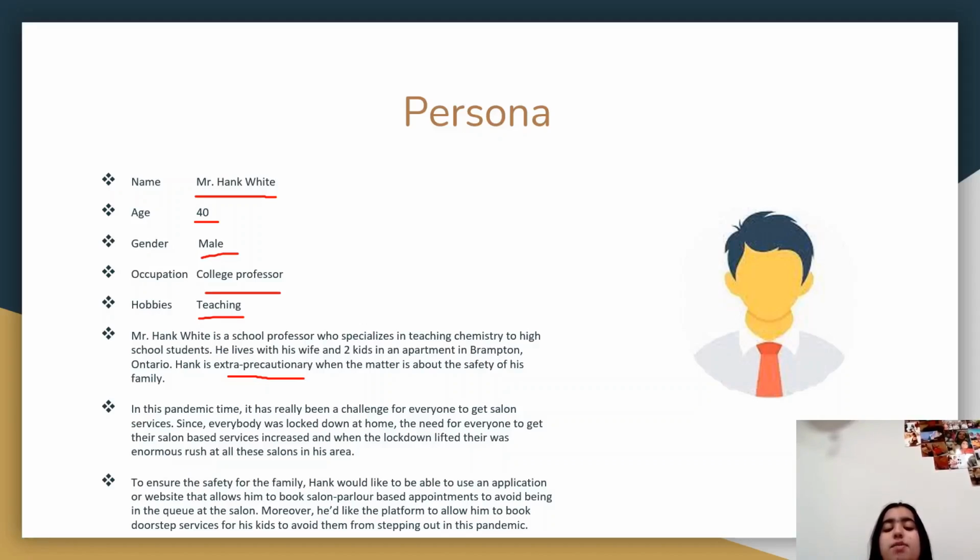To ensure the safety of his family, Hank would like to use an application or website that allows him to book salon appointments to avoid being in the queue. Moreover, he would like the platform to allow him to book doorstep service for his kids to keep them from stepping out in this pandemic. So our app would help him as we provide doorstep services.